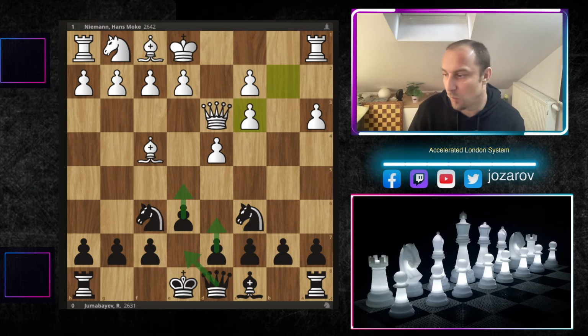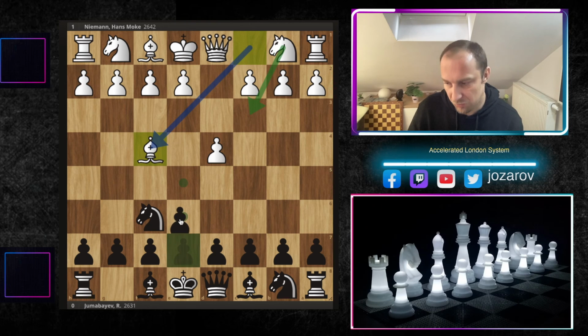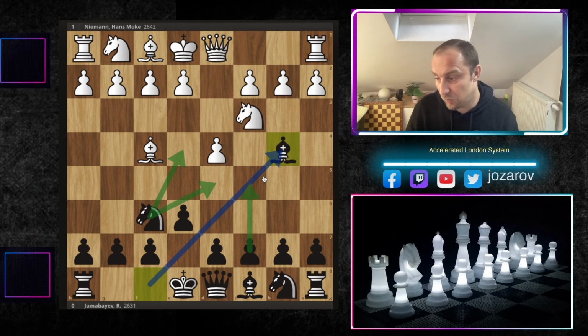Let's repeat it again from the beginning. So when your opponent is going into this accelerated London system ideas, from move knight to f6 with bishop to f4, my recommendation is to go with the move e6. If he tries now knight to c3, pin him immediately with the concept knight to e4, knight to d5, then also in some lines with c5, knight to c6, queen to a5, you have huge pressure against the knight